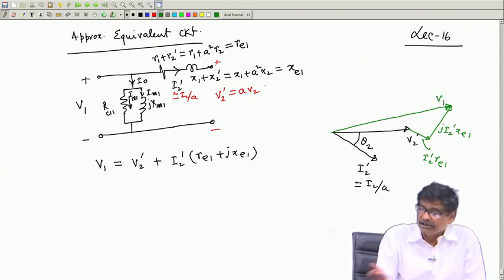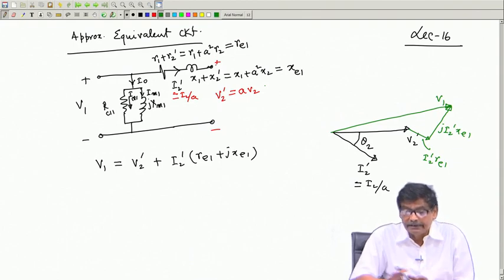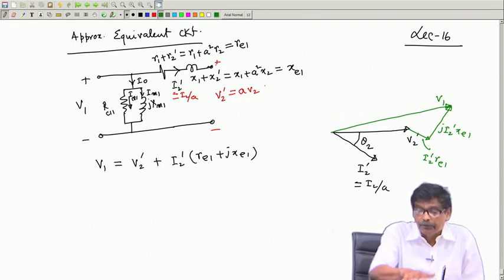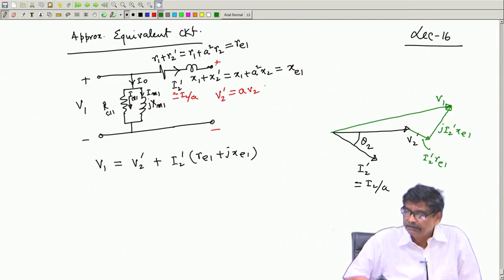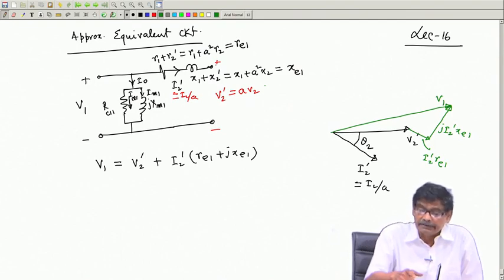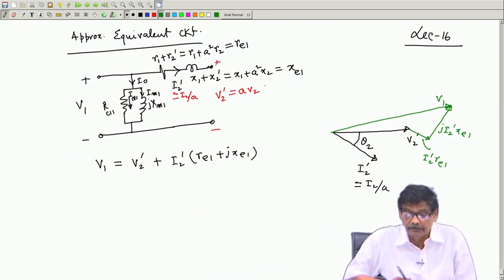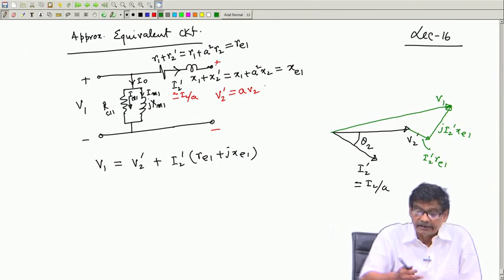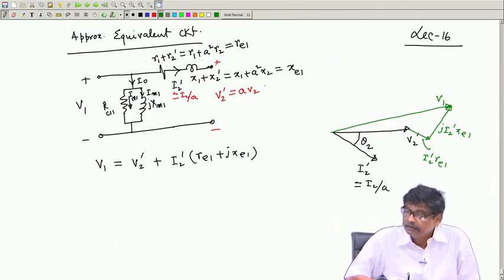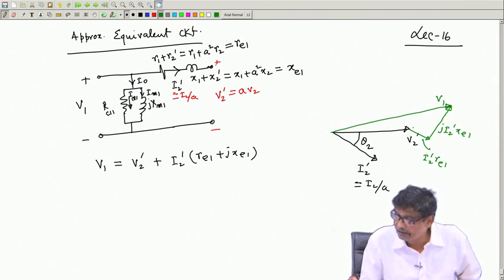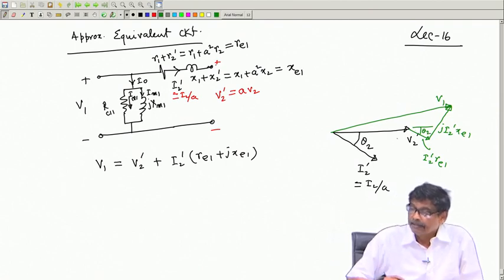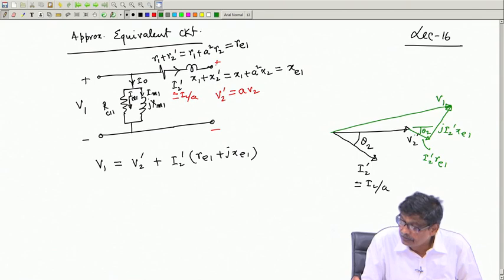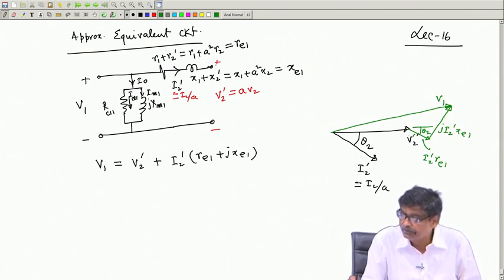No point in showing E 1, E 2, etc. So, as I am telling you, as you go to the approximate equivalent circuit, you do so on the plea that the series impedances are much smaller compared to the parallel impedances of the core loss resistance and magnetizing impedance, then it is this phasor diagram, that is all. And this is the angle theta 2, and this is your V 2 dash. So, to V 2 dash you add this.